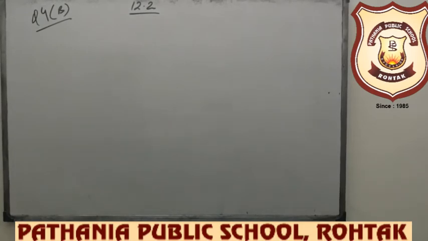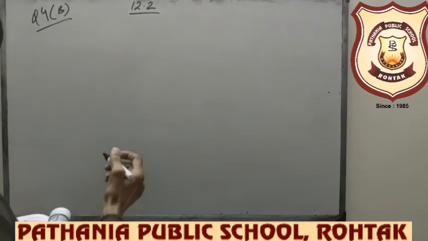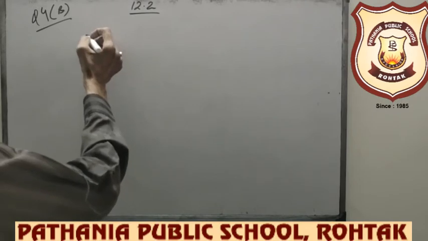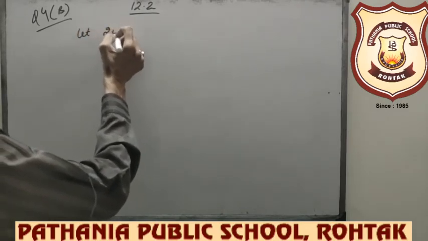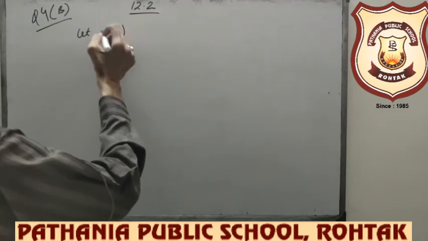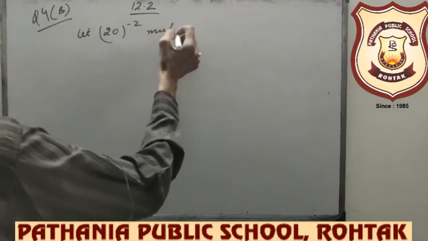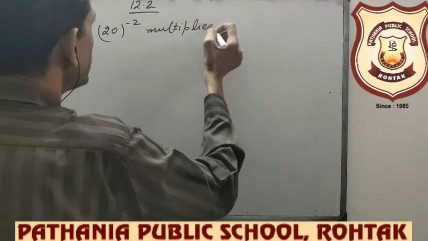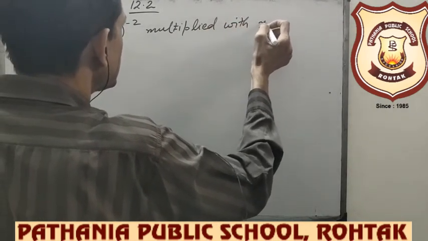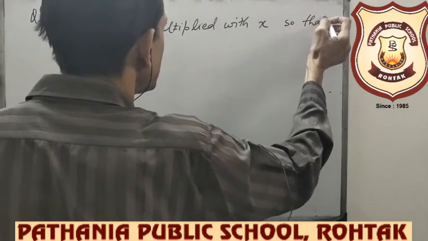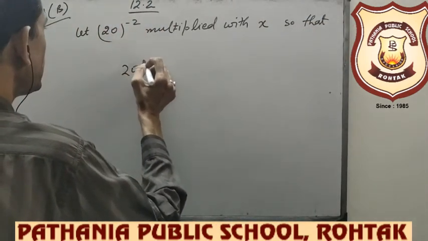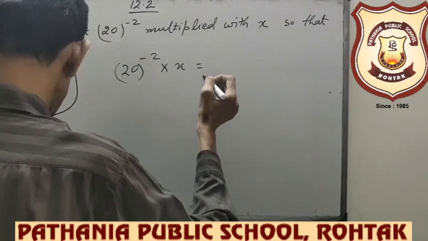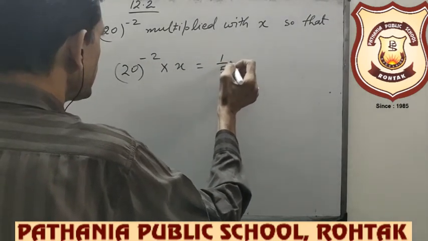Now last question of 12.2, that is fourth question. It is what should be multiplied with 20 raised to the power -2 so that the product is this। तो let 20 raised to the power -2 multiplied with x so that 20 raised to the power -2 into x is equal to what? 1/5 raised to the power